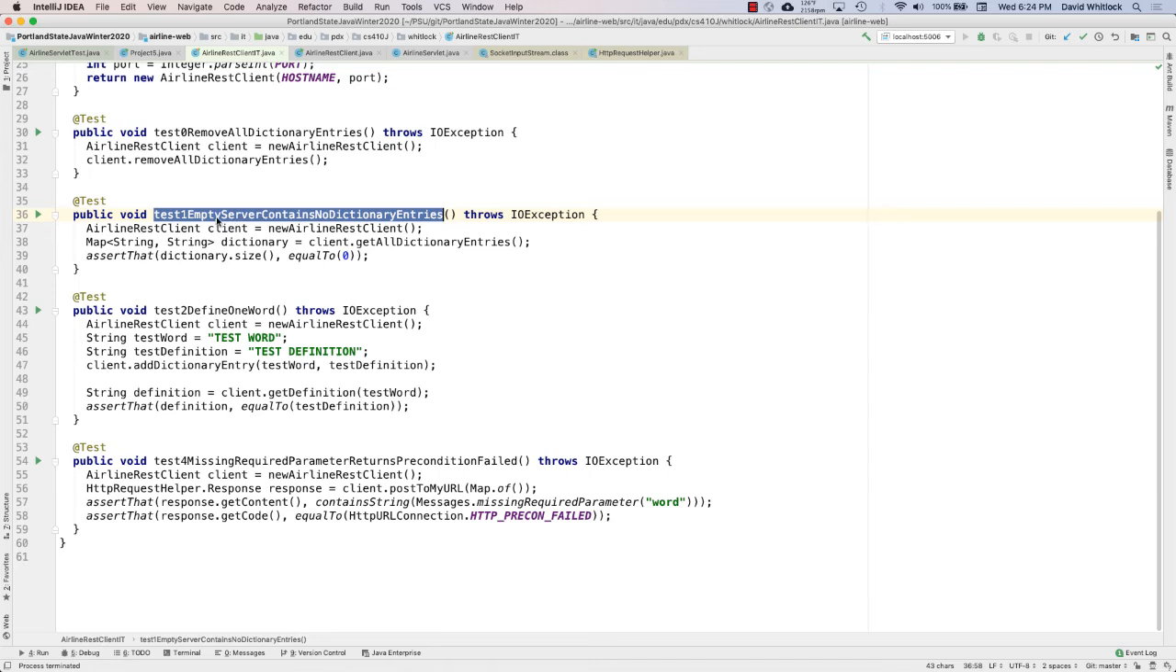So test one here says, hey, listen, when there's an empty server, make sure it contains no dictionary entries. So I'm going to create myself the airline REST client. I'm going to call get all dictionary entries. I'm going to make sure that the dictionary returned to it has 0 size. So now if I run this test,